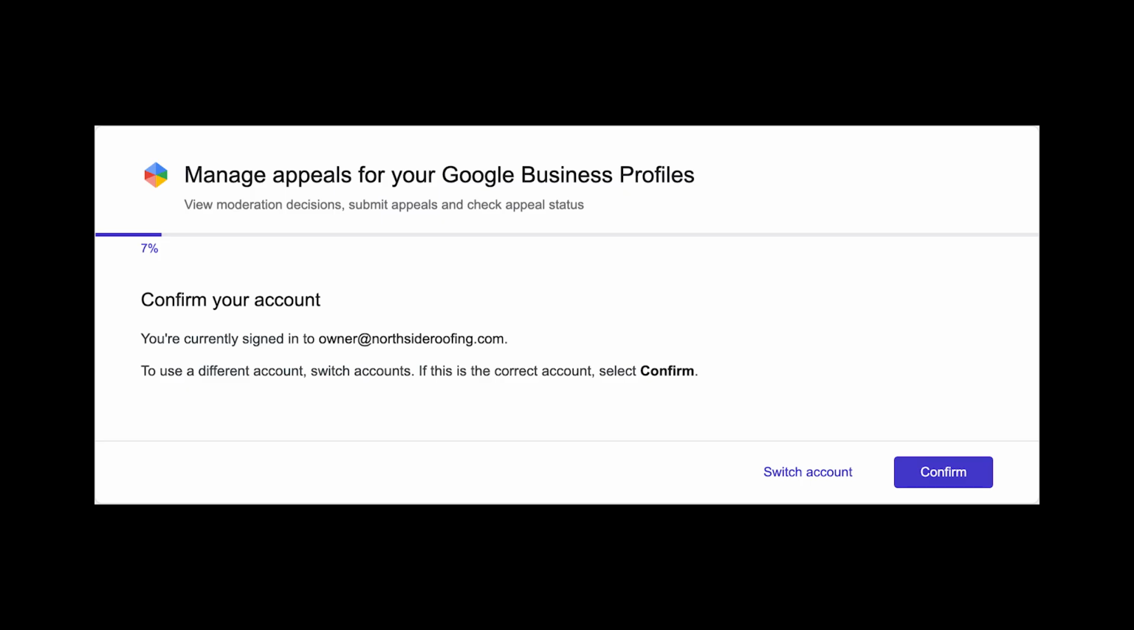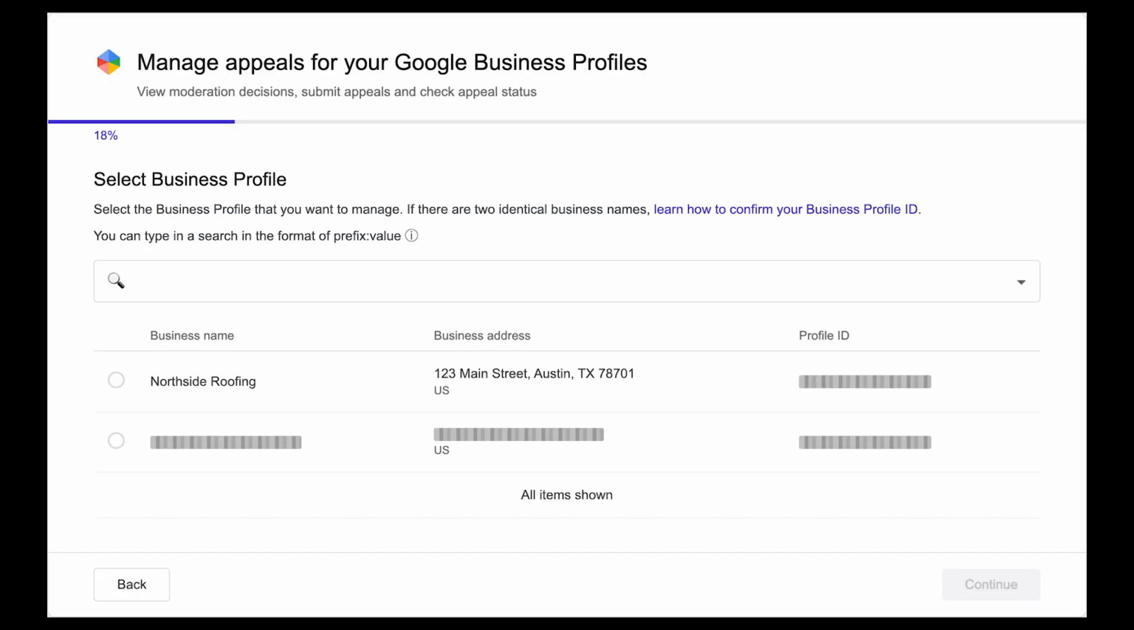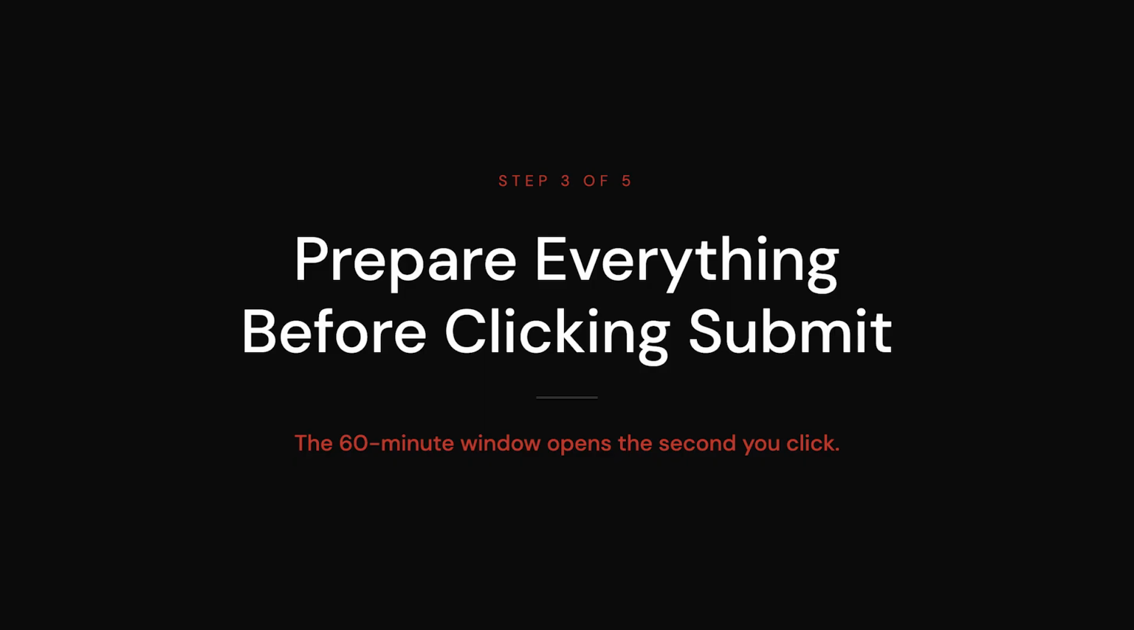So confirm you're signed into the Google account that has access to the suspended profile. Then select the suspended profile, review the suspension date and the reason shown. Then click continue. You are now probably one step away from the 60-minute window, so be careful, do not click submit too fast. Okay, now the step 3 is prepare everything before clicking submit, because the 60-minute window opens the